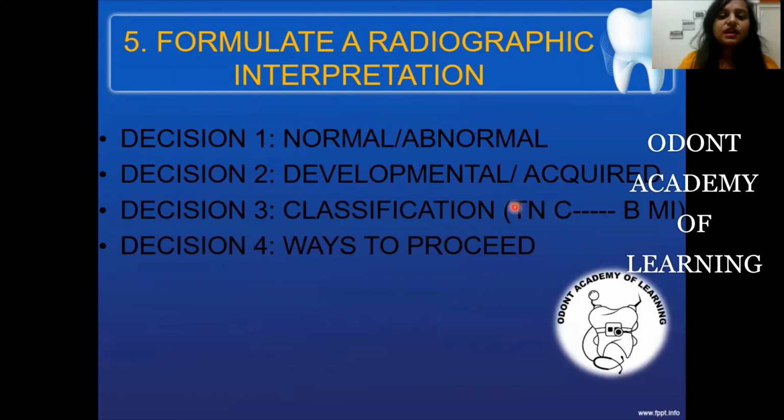our mind. Now it can be a normal condition, okay, a normal variation, or abnormal, whether this condition is developmental or whether it is acquired recently. Then on the basis of this, we classify it. Now the mnemonic for this, you can remember it in an easier way. Tamil Nadu is also called Chennai and Bombay is also called Mumbai. So you have T, which is for trauma. It can be trauma origin.